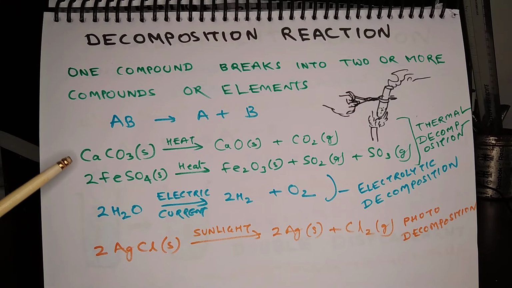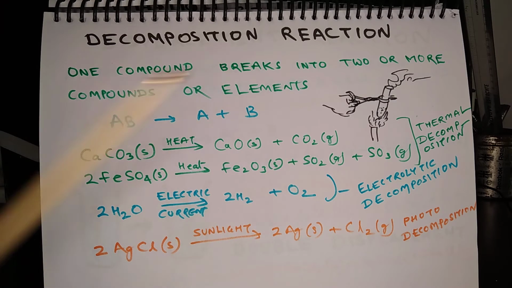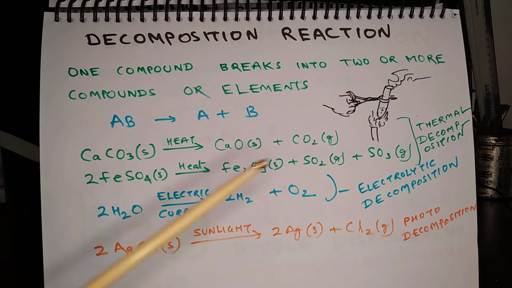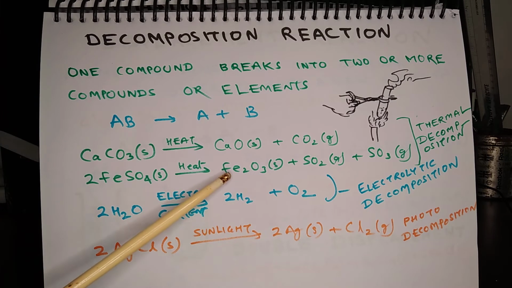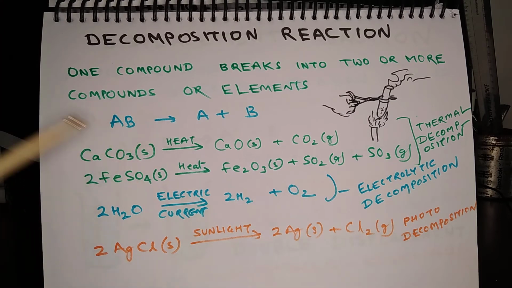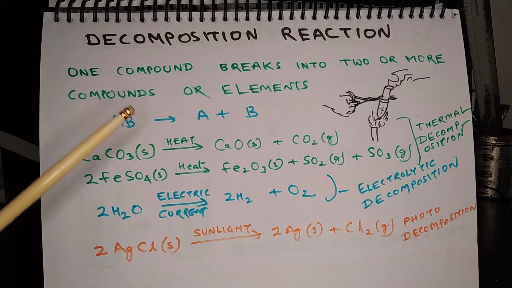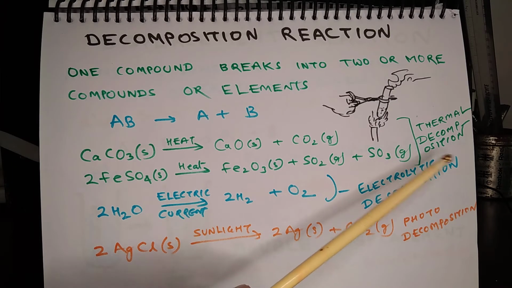One example is when we take calcium carbonate, that is limestone, in a test tube, and heat it. What happens? It decomposes into quicklime, that is calcium oxide, and carbon dioxide. So CaCO3 is equal to CaO plus CO2. Another example is 2FeSO4, that is iron sulfate. It gives Fe2O3, iron oxide, and oxides of sulfur, SO2 plus SO3. In these two reactions, decomposition is taking place because of heat, and that is why this is called thermal decomposition.